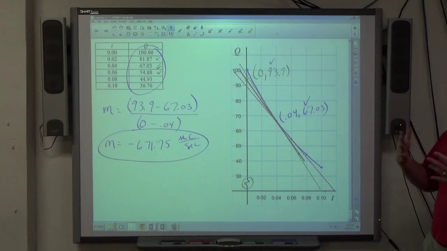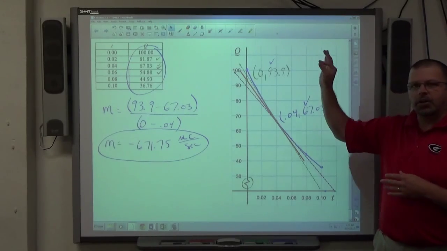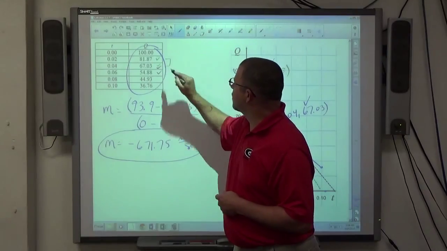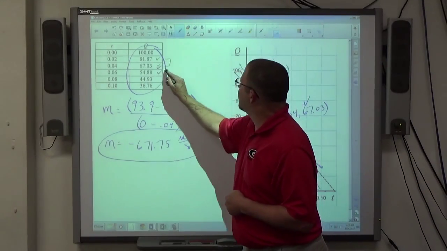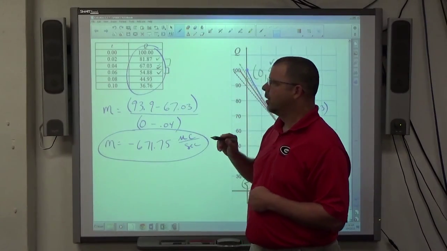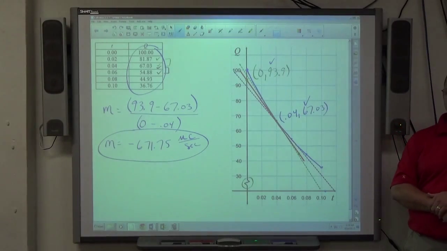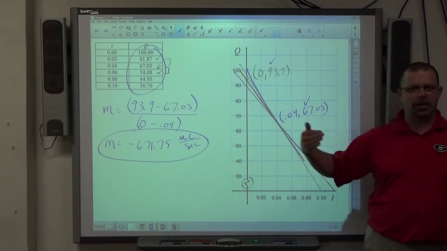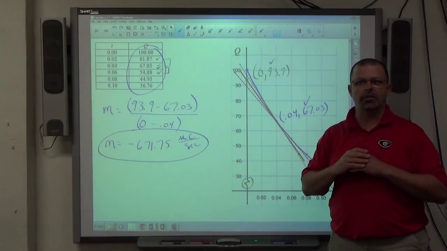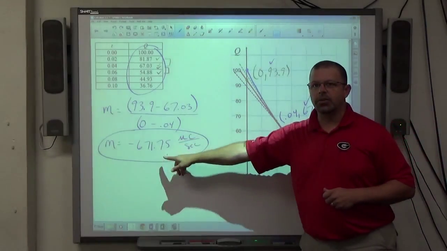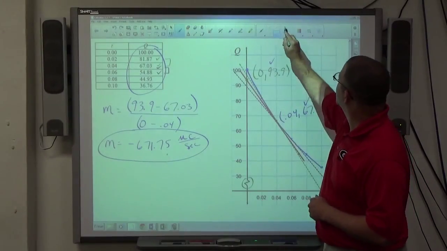So another technique we could use if we're given a chart of data, find a secant slope, find a second secant slope, average those two slopes, and you're going to get close to what the tangent slope is. It's not perfect. Again, there's no perfection here because we don't have enough data. We don't have an equation that allows us to get zeroed in on the right answer, right? All right, all we can do is approximate. The answer should be rather close to this, though, and if we try it out, which we will, let's do